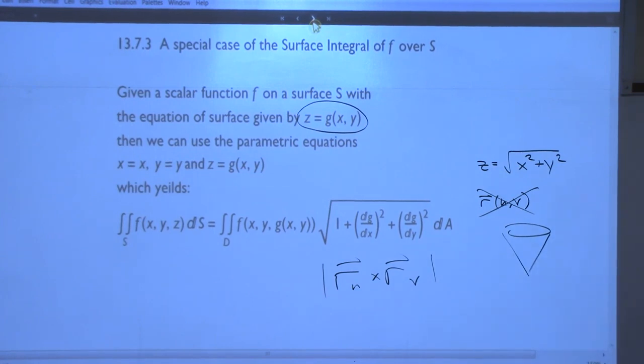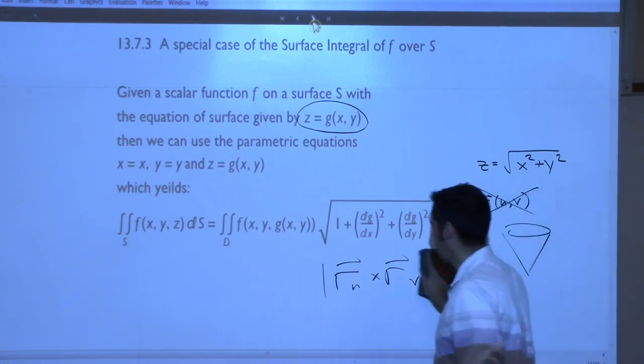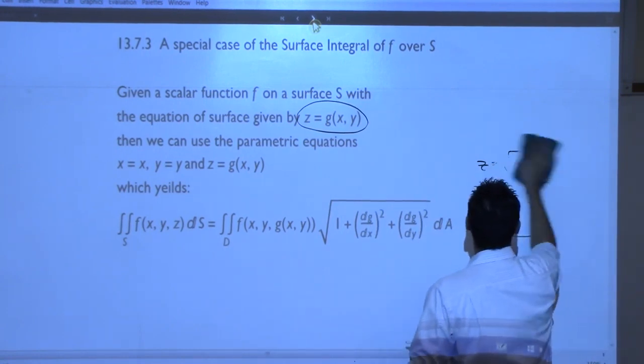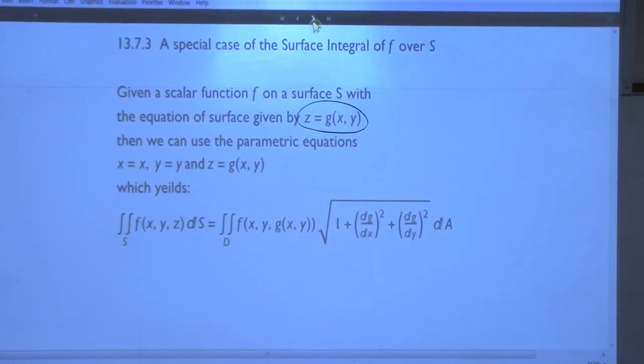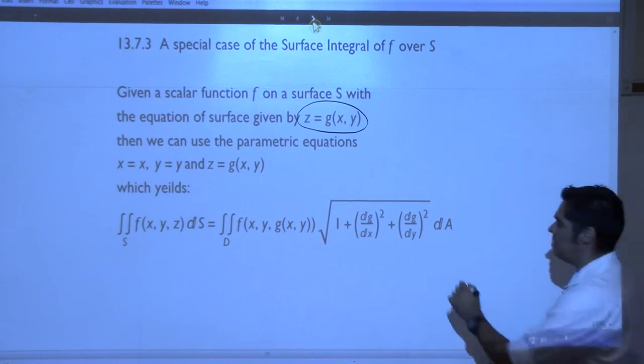We had one just like this in 13.6, right? Where we did the same exact thing. Yes, if you're trying to find the surface area, there's a simple formula if it can be written that way. Okay. Now, you can extend this idea